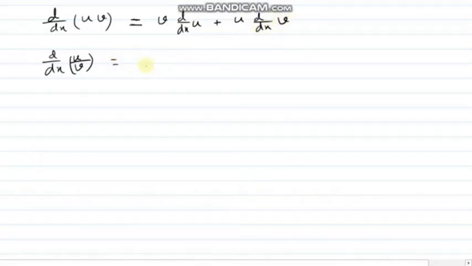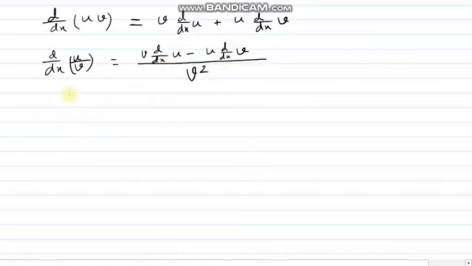Where the division rule says d/dx of u divided by v, when u and v are two functions of x, it will be (v d/dx of u minus u d/dx of v) divided by v square. First sum, if we do d/dx of x sin x divided by 1 plus cos x.